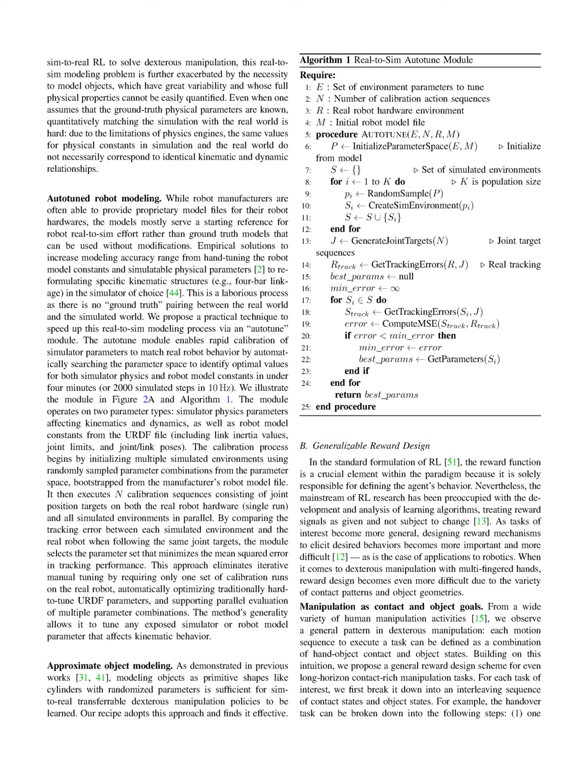Section Summary. In this section, we discuss the challenges of applying deep reinforcement learning (RL) to robotics, particularly the exploration problem and the difficulties in sim-to-real transfer due to modeling inaccuracies. We introduce our AutoTune module, which automates the calibration of simulator parameters to match real robot behavior, significantly speeding up the modeling process and enhancing the reliability of RL policies for dexterous manipulation tasks.